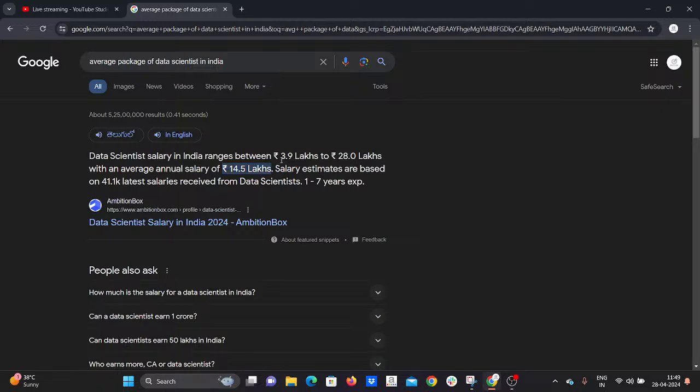So for the initial freshers, we assume 3.9 is fine. As freshers we get this assumption, but if you want to get around 14 lakhs, you need to have an experience of at least 1 year, 1 to 2 years. It's completely dependent on the projects, what you have done, how you analyze your project, and how you have upgraded your skills. Each and everything is seen.